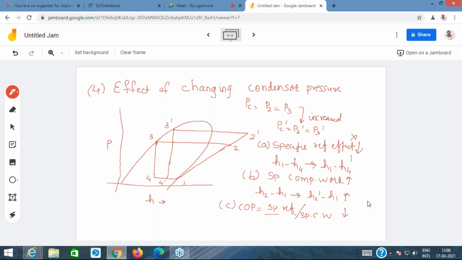But if you are talking about the big systems, central air conditioning systems, right, which you see in malls, hospitals, big hotels, everywhere, you would find that necessarily the condenser is a water-cooled condenser. Okay, so we need to keep in mind that the performance of the system has to do with the condenser pressure, which is a very crucial thing.